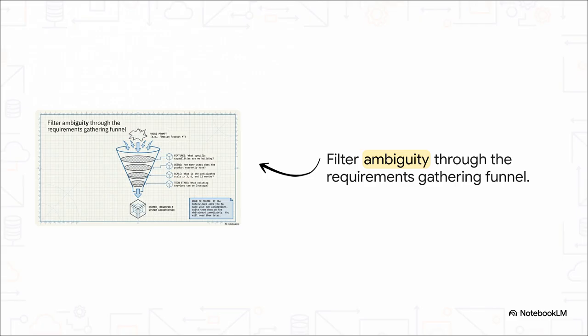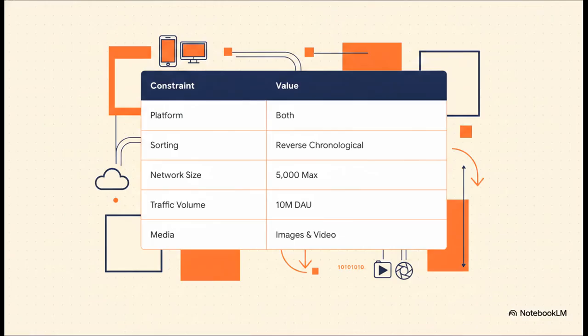Oh, and a great rule of thumb. If the interviewer asks you to make your own assumptions, write them on the whiteboard immediately. You're definitely going to need them later. To put that into perspective, let's look at a practical example. If you were asked to design a news feed system, your initial scoping should generate a very specific set of constraints, just like these, before you draw a single box.